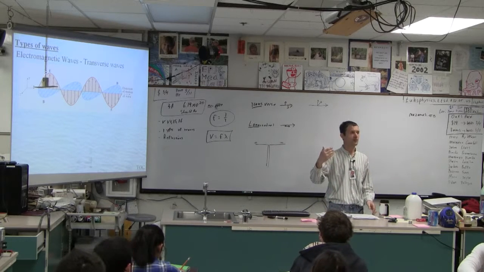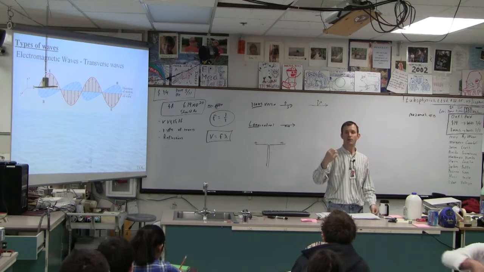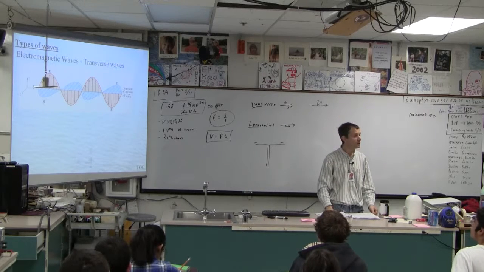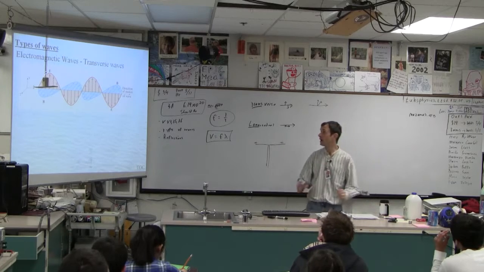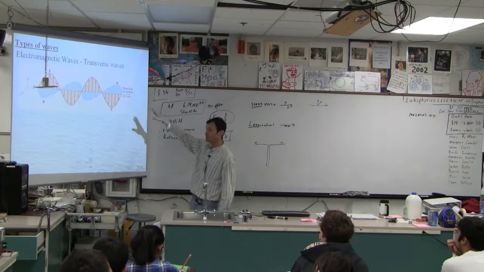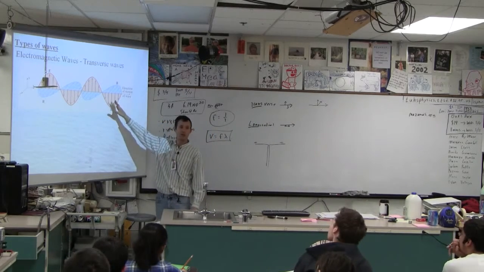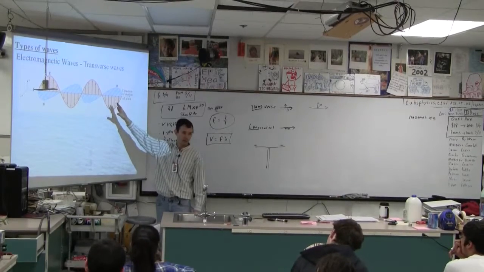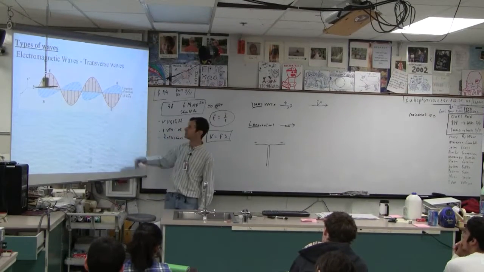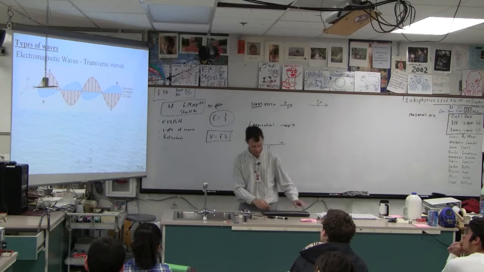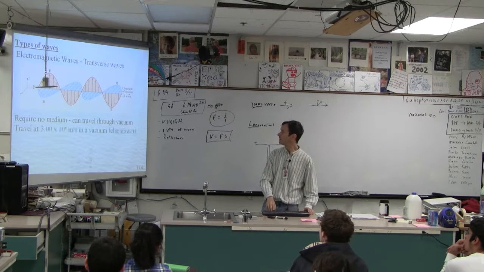And so then the question is, where can electromagnetic waves travel? Well, they can travel anywhere you can have a magnetic field or an electric field, which means they can travel through a vacuum. These are non-mechanical waves. They can travel through glass, water, and air. They can travel through nothing. So these are crazy, crazy waves that way.